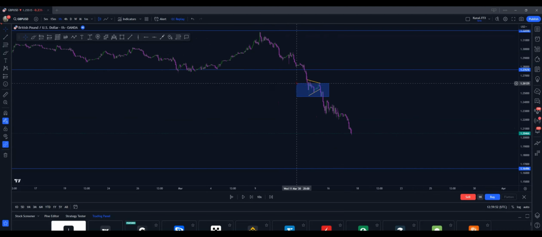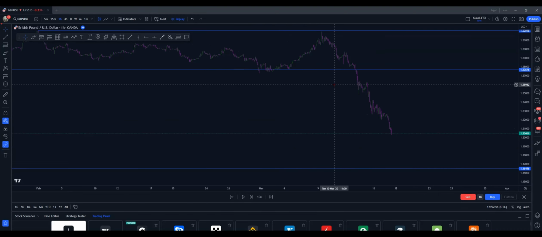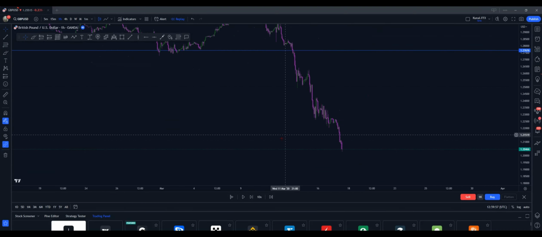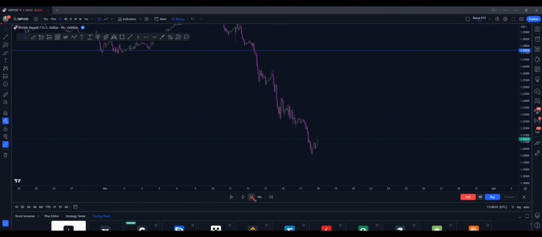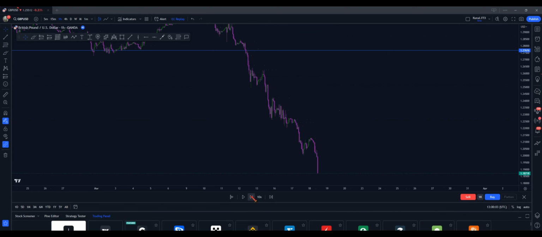Not my type of trade, honestly. I'm looking for something a little bit more my style. Everybody develops their style over time, and when it comes, you'll profit from it. So